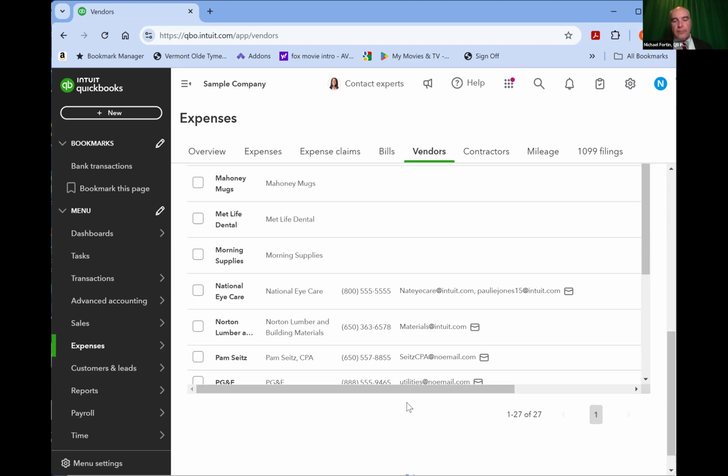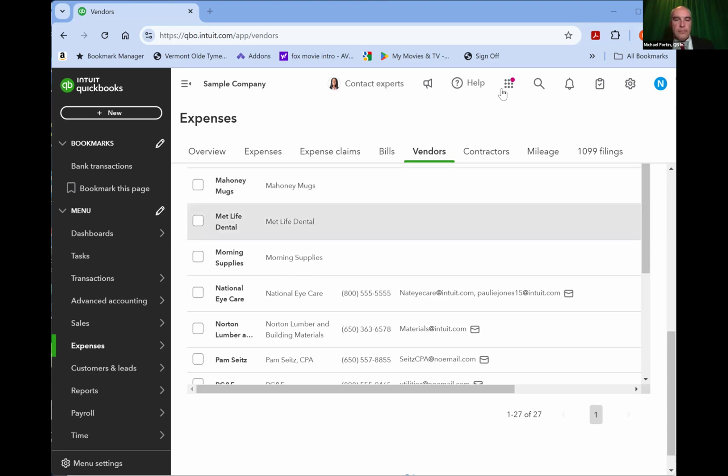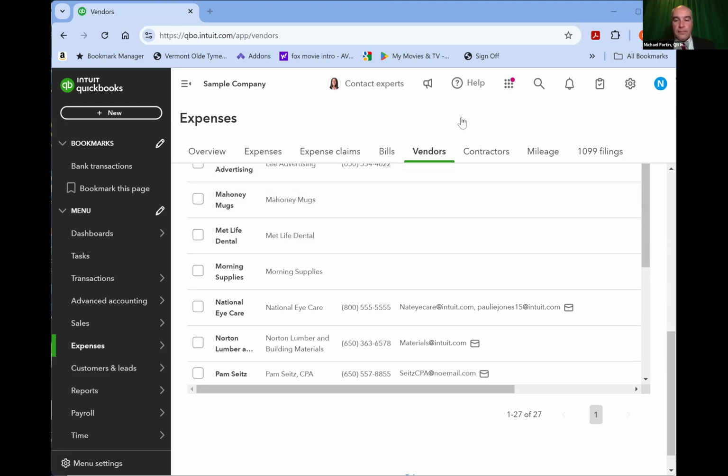Okay, Michael, the question is, like, in my QuickBooks, the company name does not appear. Like in your case, you have vendor name and company name. But in my case, not all the vendors have the company name. And for some reason, there is a vendor called check number 105, check number 106. What do you think is going on?